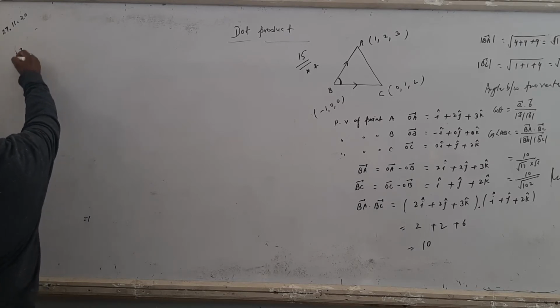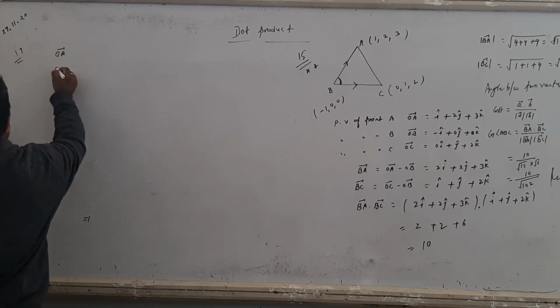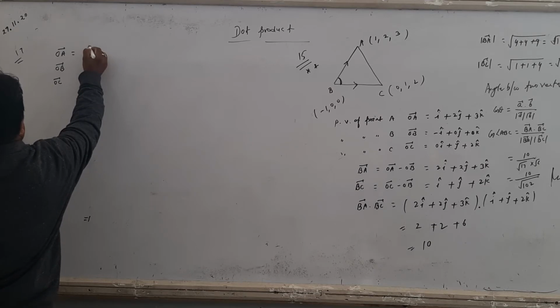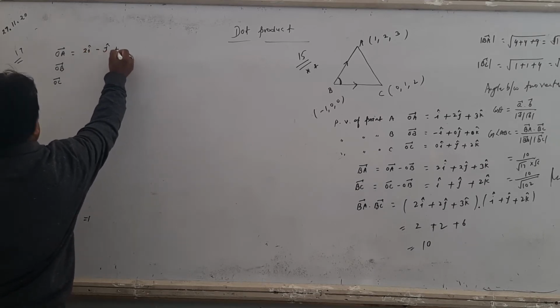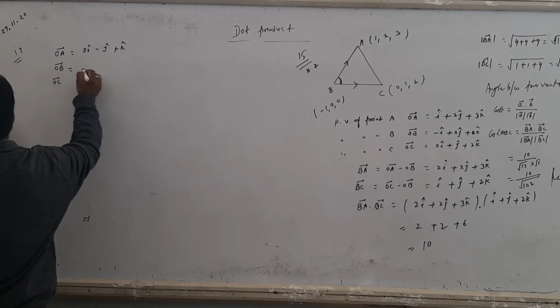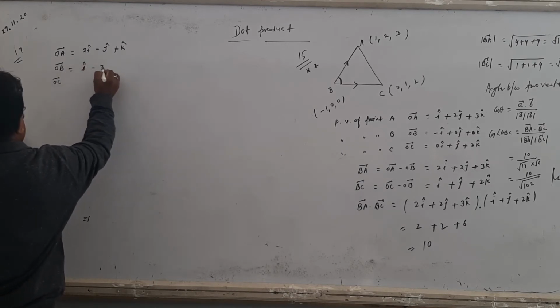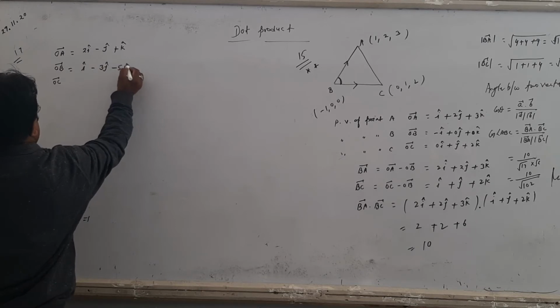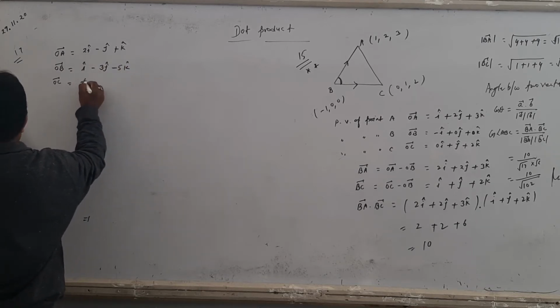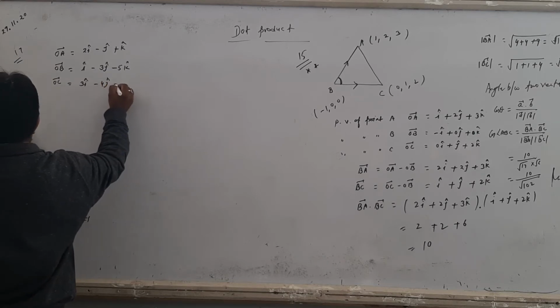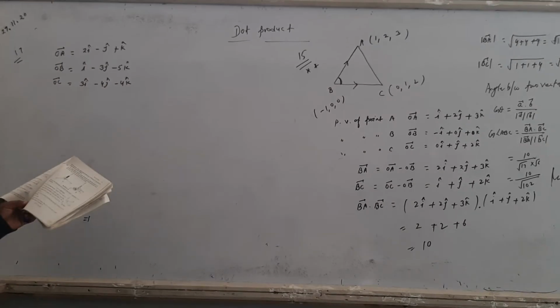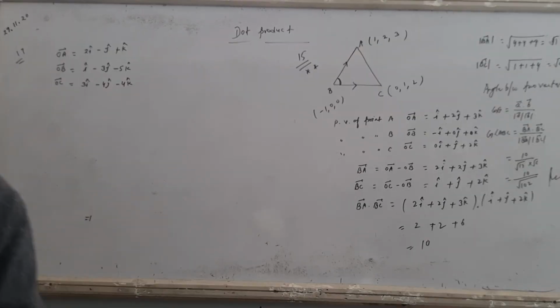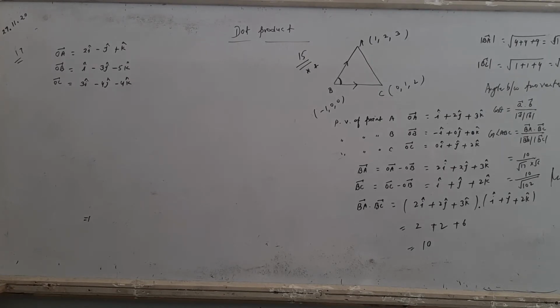So, our first thing, question number 17, vector OA is given, vector OB is given, and vector OC is given. Vector OA is given as 2i cap minus j cap plus k cap. Vector OB is given as i cap minus 3j cap and 5k cap. And vector OC is given as 3i cap minus 4j cap and minus 4k cap. Now look, student, vertices of a triangle are given, and now prove that these three vertices form a right angle triangle. Right angle prove करना है, right triangle prove करने के लिए, then first thing now find three